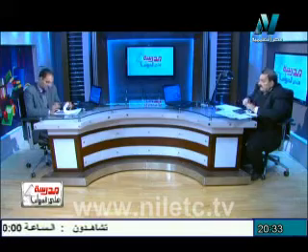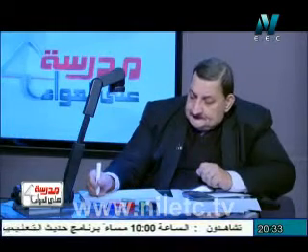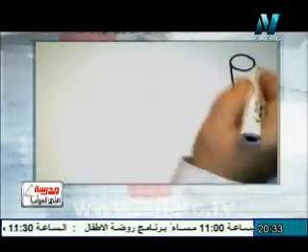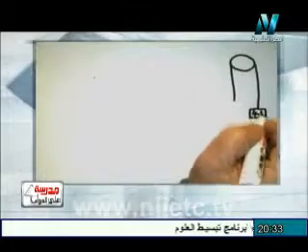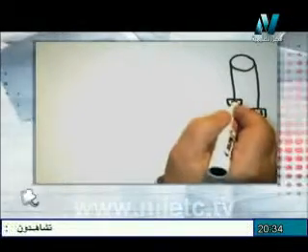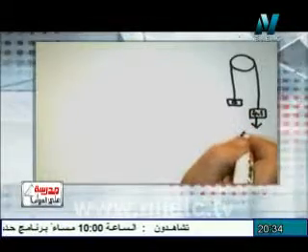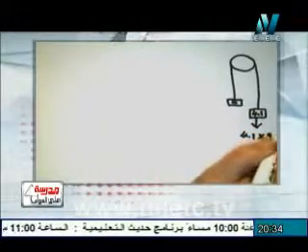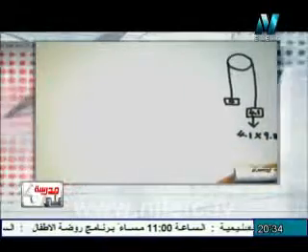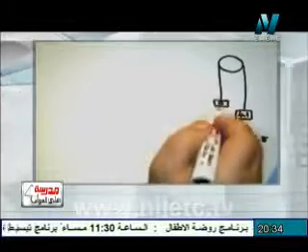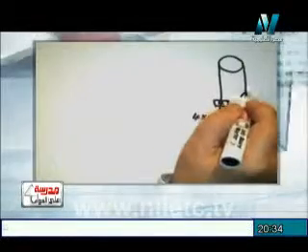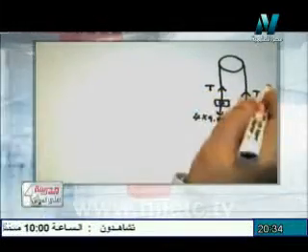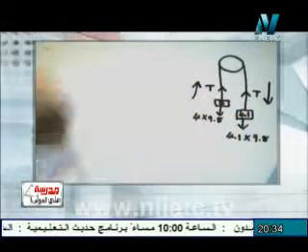Okay, let's draw the problem. We have 4.1, and here we have 4 kilogram. Forces: 4.1 multiply 9.8, the other 4 multiply 9.8, tension T. One moves down and one moves up. Equation of motion: